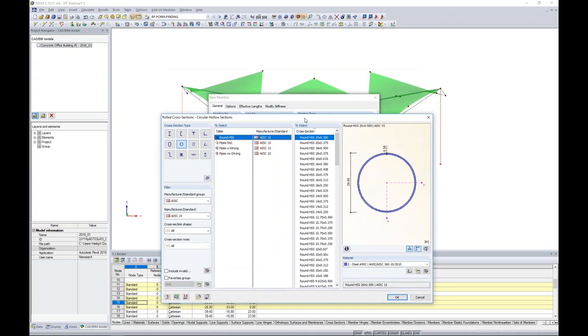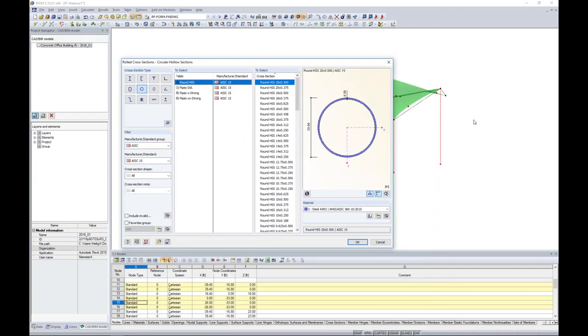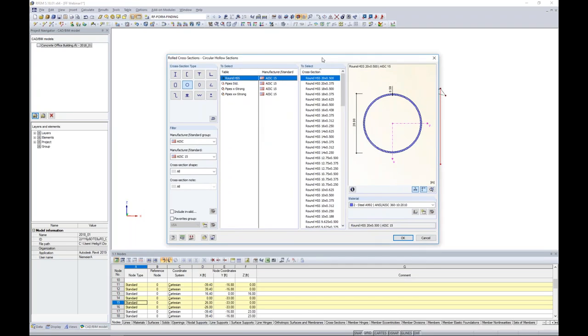Now for my canopy structure, I'm really not trying to detract too much from the aesthetic appeal of this office building. And we know that this canopy isn't going to take a high amount of vertical gravity loads. So what we can do is choose a pretty low profile section here. We'll choose an HSS 4-inch diameter here, which we can see the cross-section properties available to us with this info